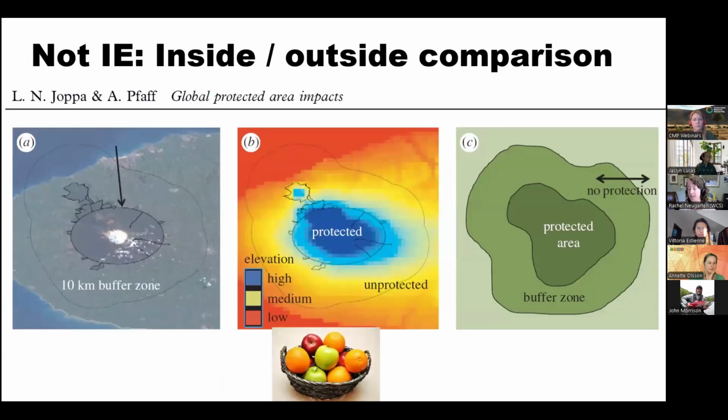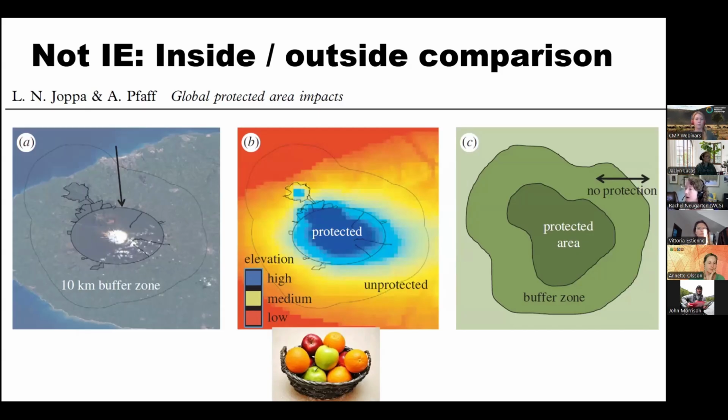So, some specific examples of this. There's this great paper by Joppa and Pfaff called High and Far that shows that protected areas globally, on average, tend to be high elevation and very remote. And in a different paper, where they look at the effects of this on the performance of protected areas, they